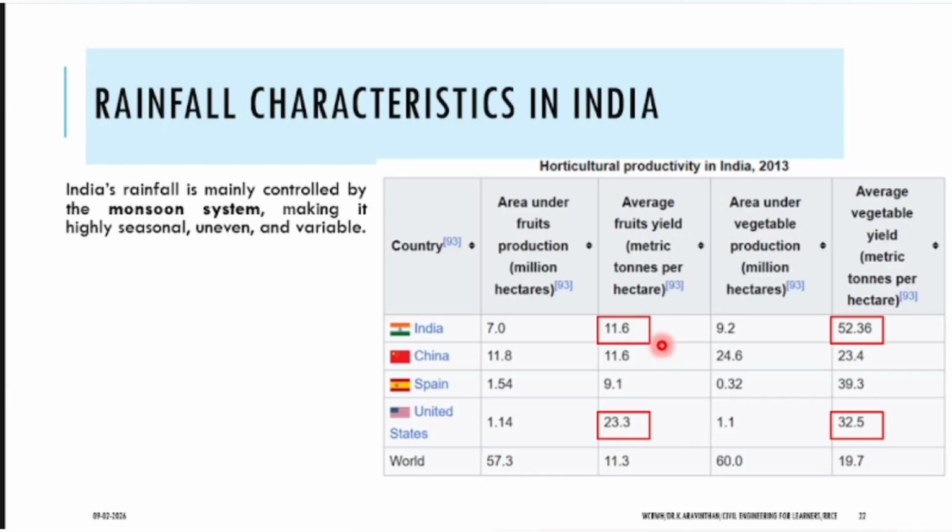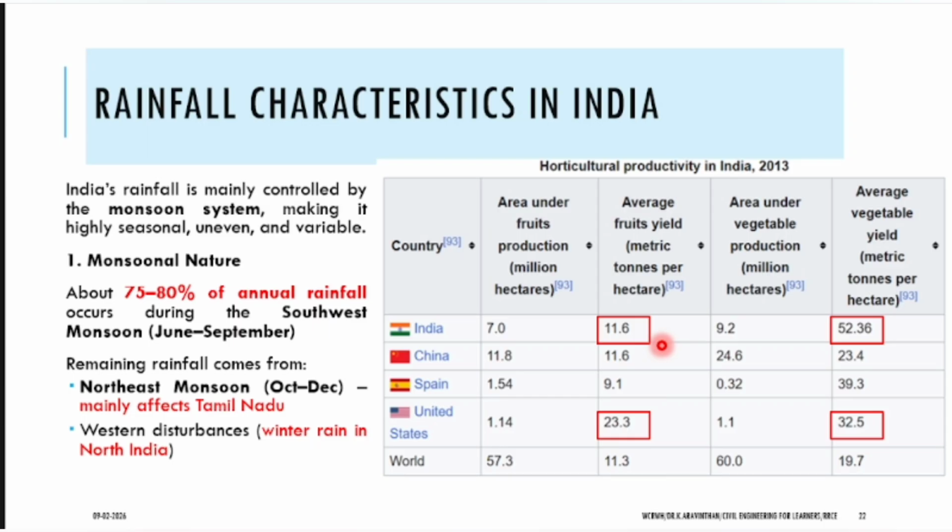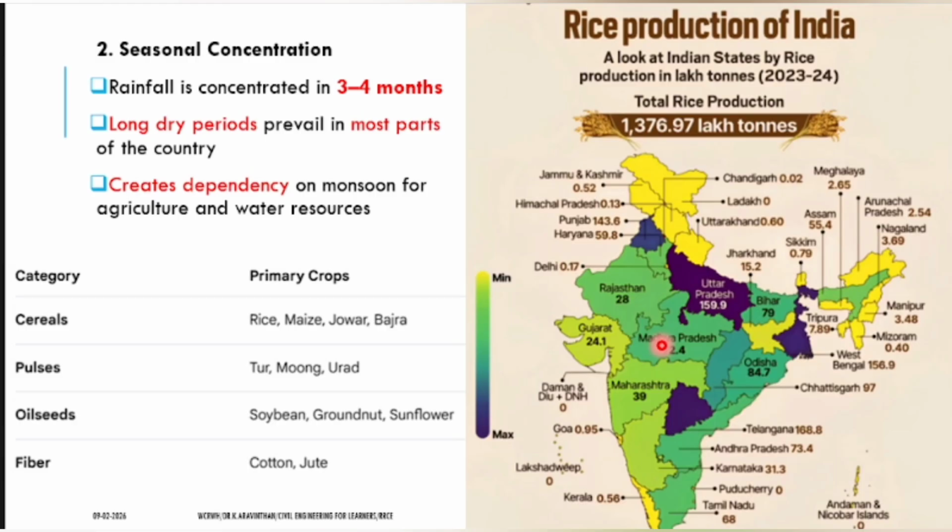The monsoon system is highly seasonal, uneven and variable. Monsoon varies according to 70 to 80%. Southwest is higher in India, which you have to understand. Now northeast is mainly affecting West Bengal and Tamil Nadu. Throughout India, which state provides more rice per state? Can you see here, Uttar Pradesh,